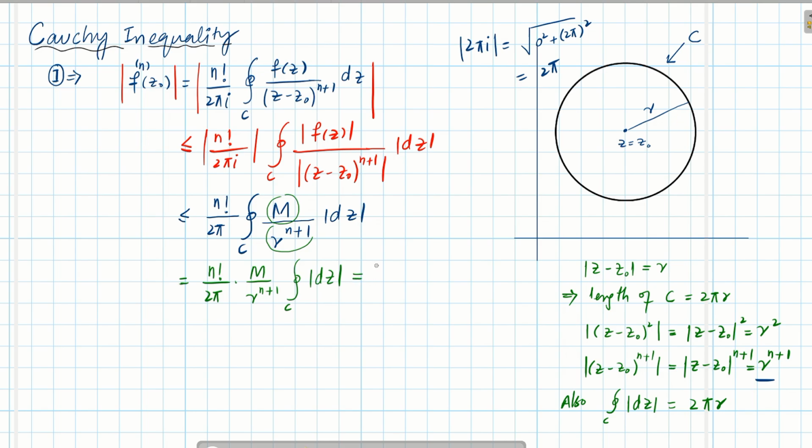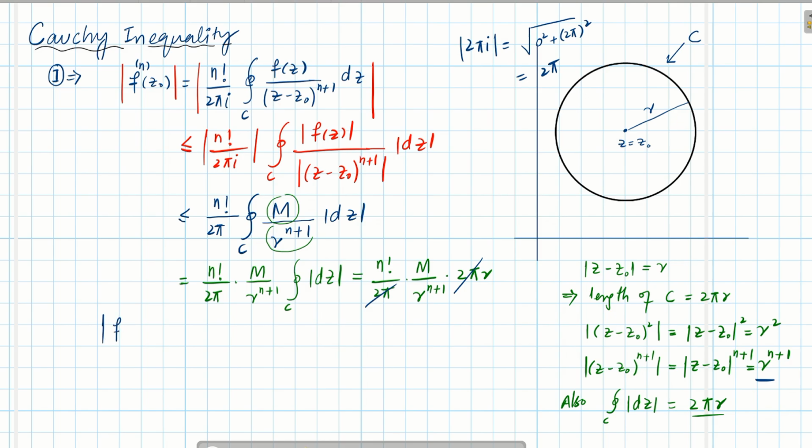Okay, so that is further equal to n factorial over 2 pi multiplied by M over r to the power n plus 1, and we know that this integral shows the length of the curve. So here the length of the curve C, that is the circle basically, is equal to 2 pi r. So just put 2 pi r here. Okay, so you can see 2 pi r will cancel out with 2 pi r, and here finally we are left with